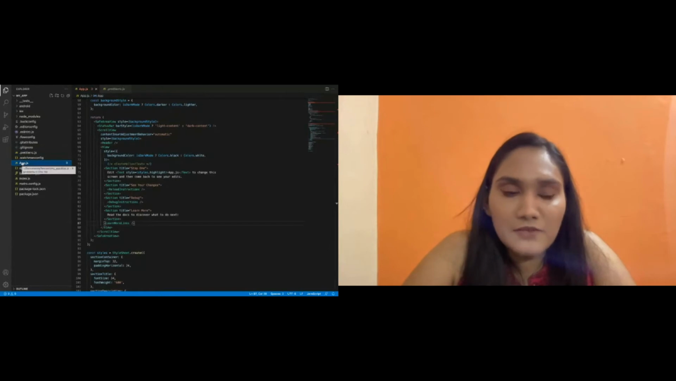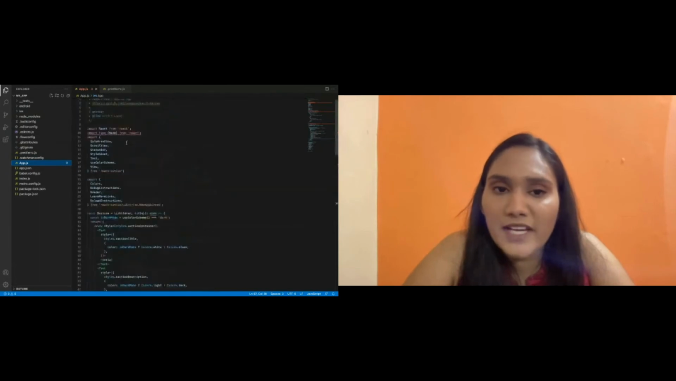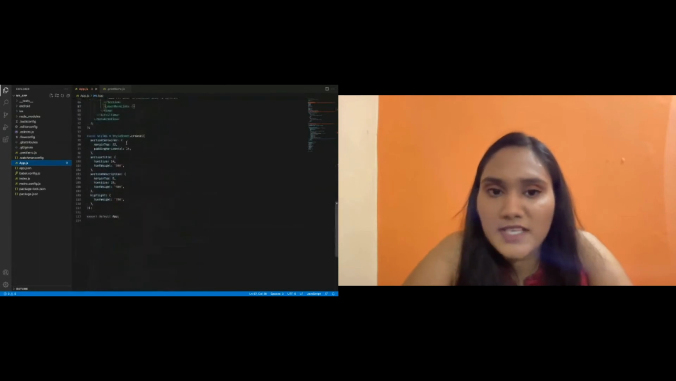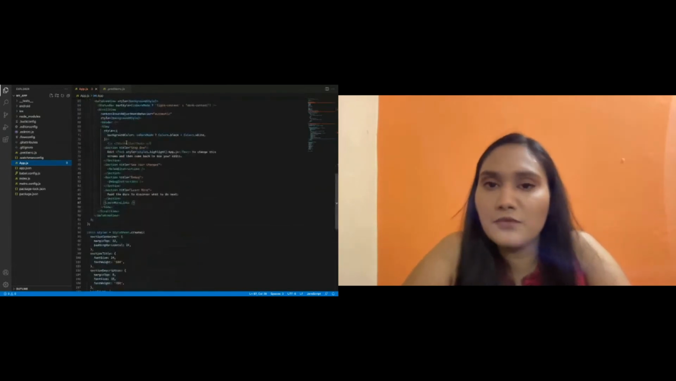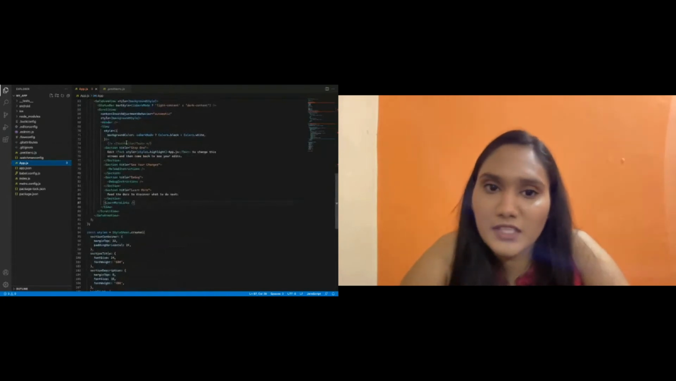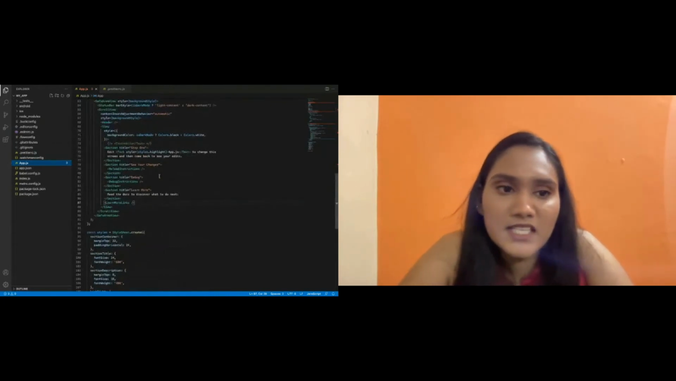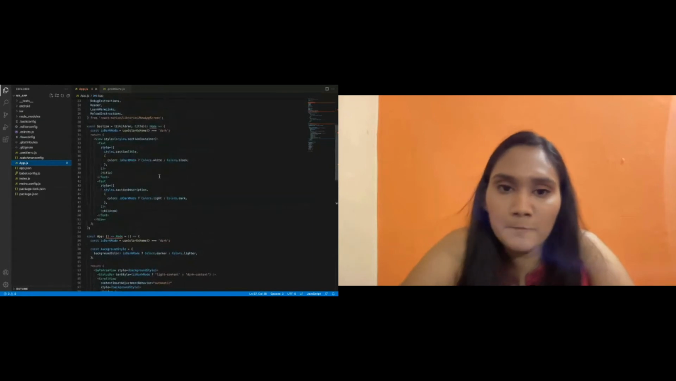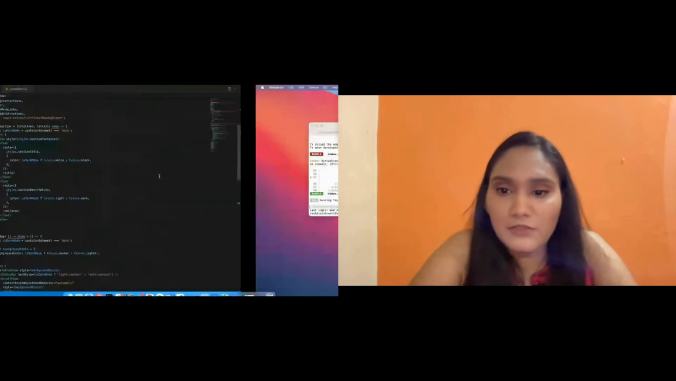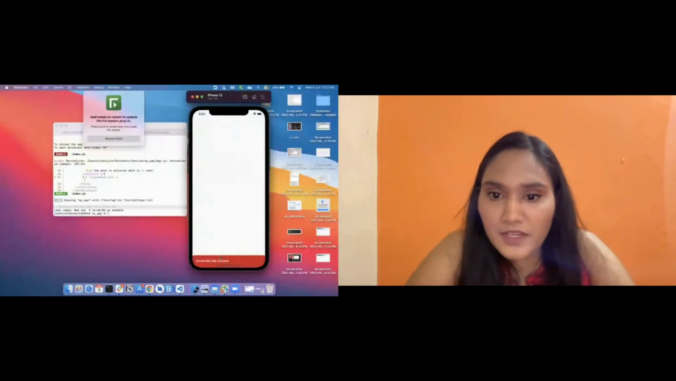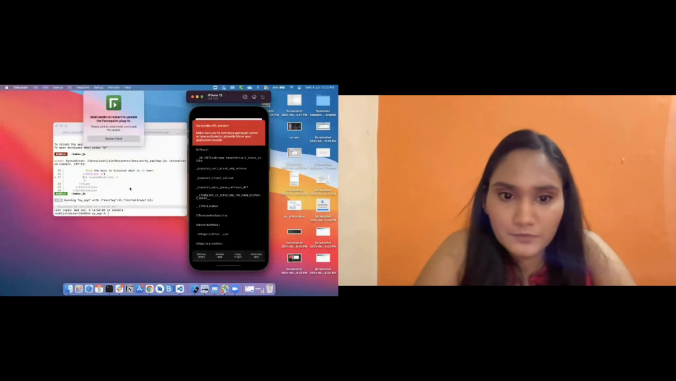The first file which works with JavaScript is this file. This is the pre-built file. I have not written a single line of code. This is an already written file. When you run the React Native init command, this file is automatically created, and the content of this file will look like this. If I reload this application,